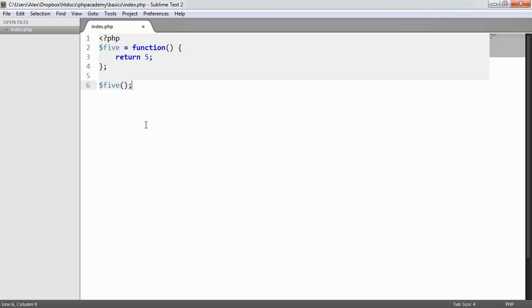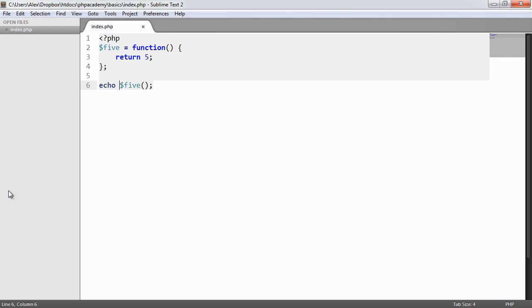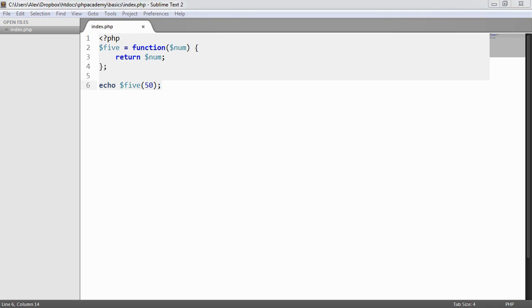So now when I go ahead and refresh, I haven't echoed anything out. We will see if we echo 5 like this, we get the value 5, and we can do exactly the same thing with things like returning parameters, or we can do anything with parameters that we want. So we'll just keep that as 5. We'll just say 50 in there, for example. We can do everything that we would normally do with a function as an anonymous function,